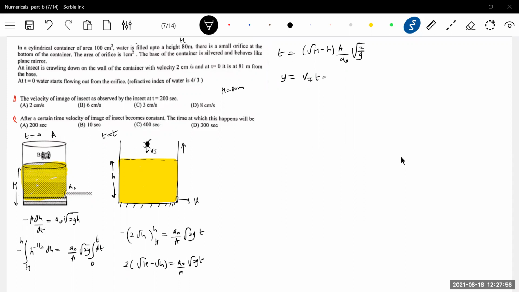Okay, this, we need at what height it is. This is the position of insect. With what speed the level is decreasing, even the liquid also this needed. Know how to get this VL. This VL is what you are going to bring it from here. So this VL is nothing but dH by dt, which is equal to A naught by A.